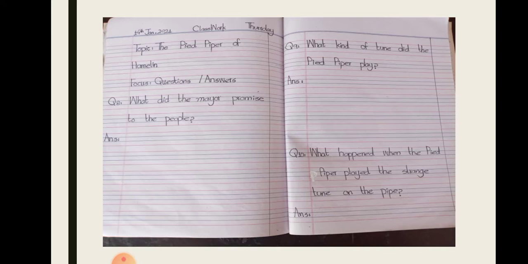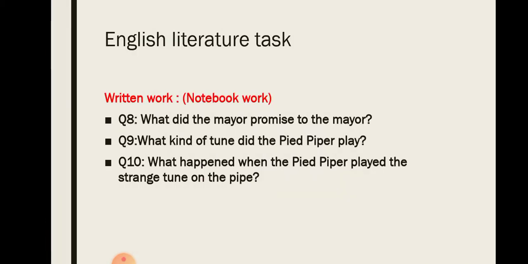So now we have recapped the story. You can take help from the reader and answer the questions in your own words. So this is your English literature task that as I told you earlier that today we are going to do 3 questions. First you will recap the story, you will read the text for your better understanding and then you will attempt question 1. What did the mayor promise